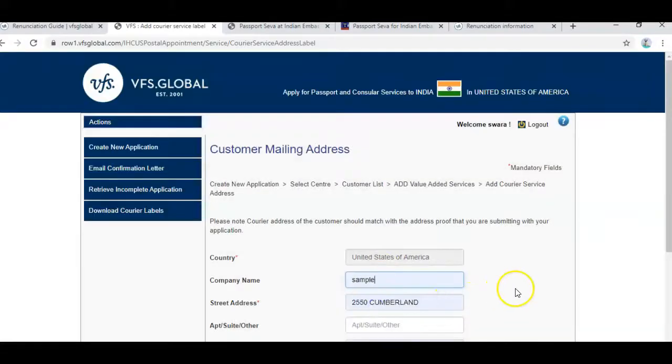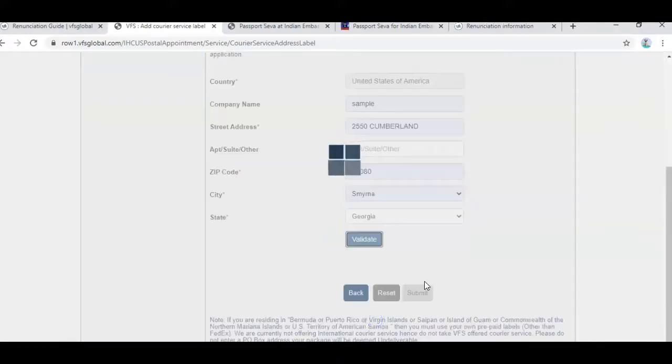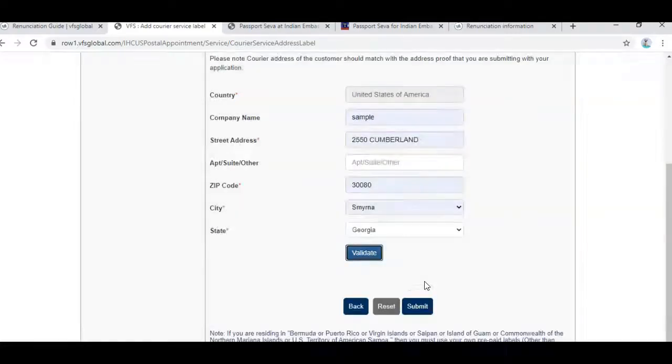We have to add the mailing address. Be sure to give the correct address, as the cancelled passport will be sent to the address given. Validate it and then submit the address.